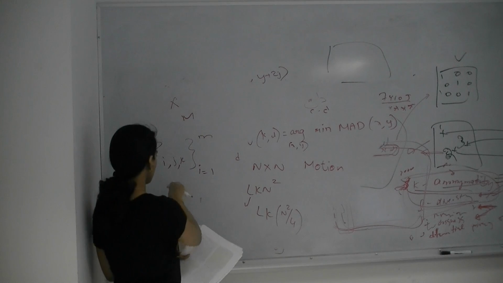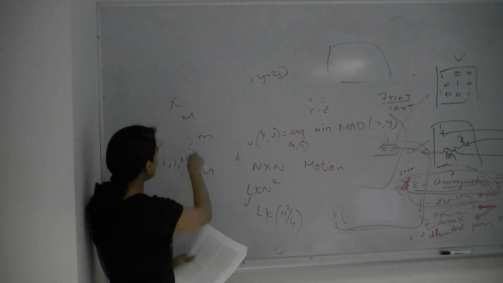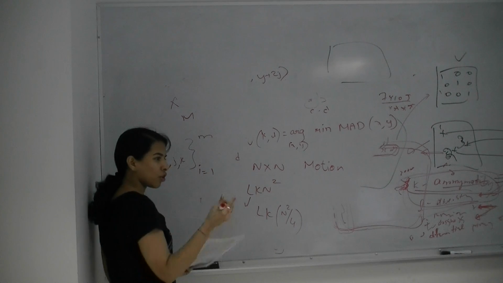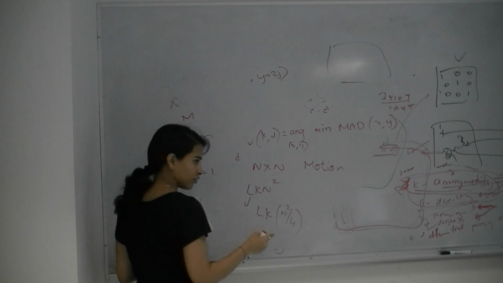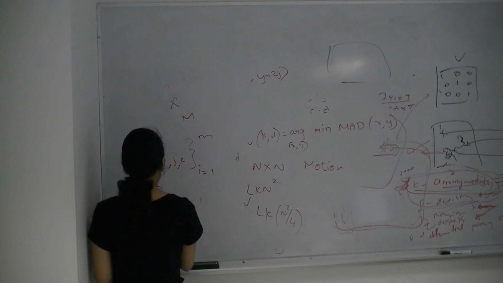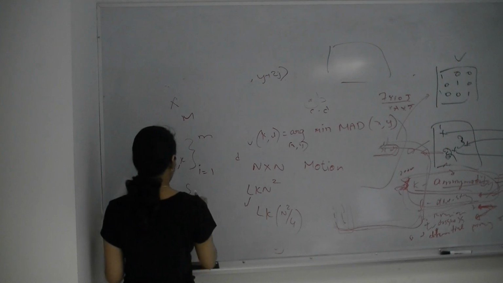All the m patches will be put into this. Each patch which we get, we will concatenate all the columns into a vector and put it into a matrix form. Finally, we'll get a PJK matrix, which will consist of all the